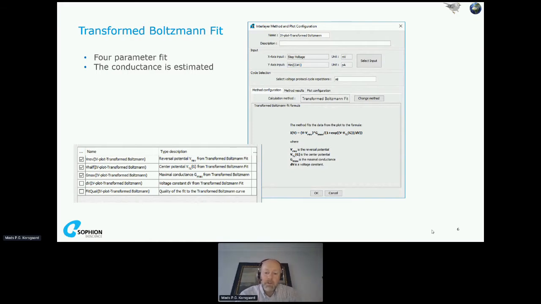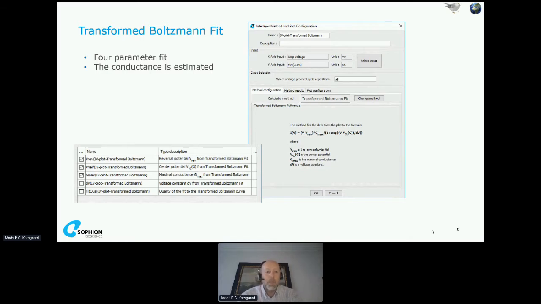Now, Thomas mentioned earlier that we also have a lot of export formats and a lot of connectivity, and we do that as well, of course. But as long as you don't have to, we want to give you the capability of doing every sort of analysis and even presentations within the Sophion environment as you need. That's also coming out of wishes from a lot of you guys out there, and we really worship those, so